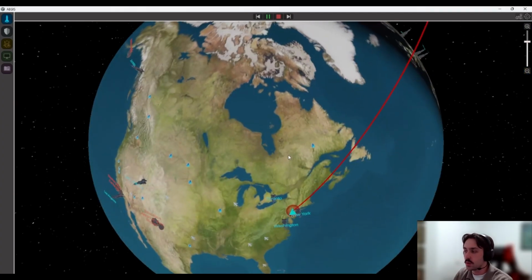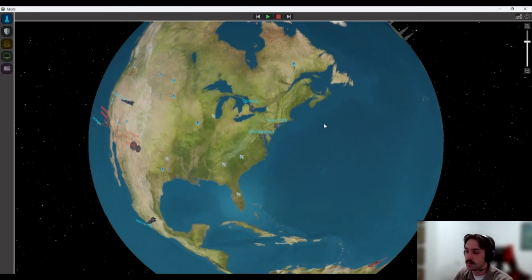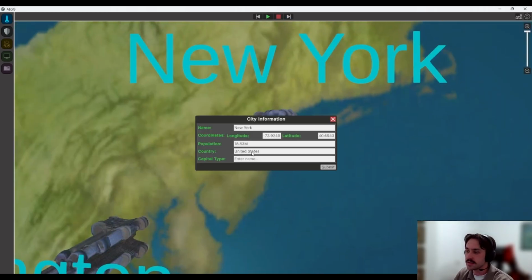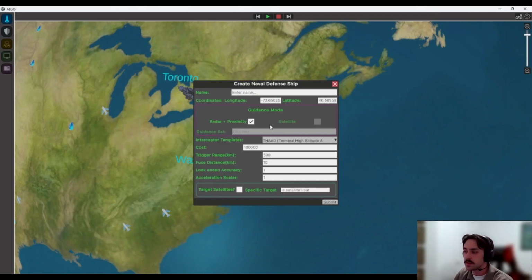So obviously we want to be able to simulate what defensive strategies are available to us to be able to prevent this. You just provide several different strategies here. What I'll do for this particular demo is I'll create a defensive ship, but you can also create defense silos, as well as integrate some of their triggering mechanisms into satellites. So you can see here we have different guidance modes. We're doing radar proximity, where if it reaches a certain range within the interception site, the interceptor will fire. But like I said, you can integrate that with satellites as well.